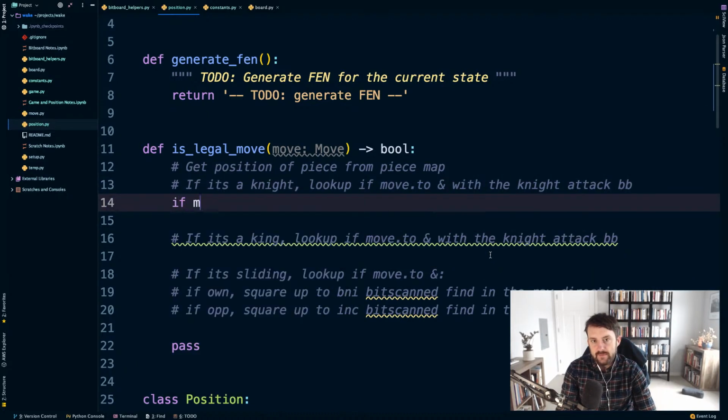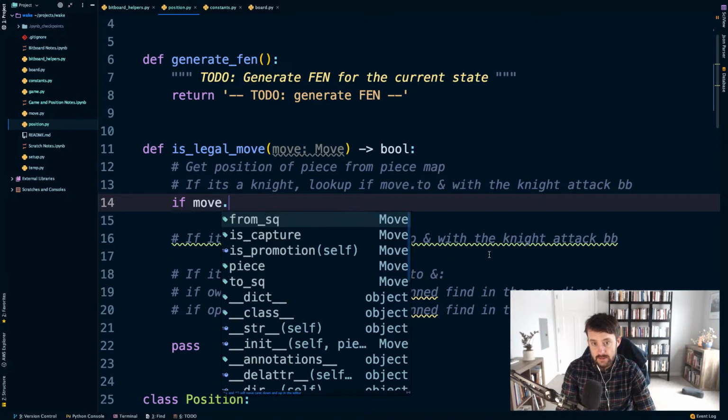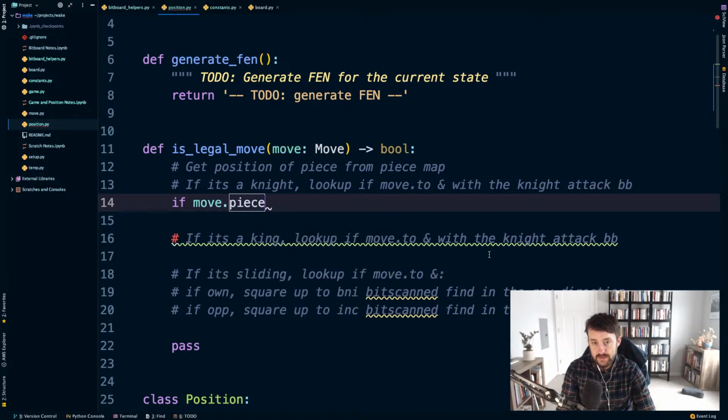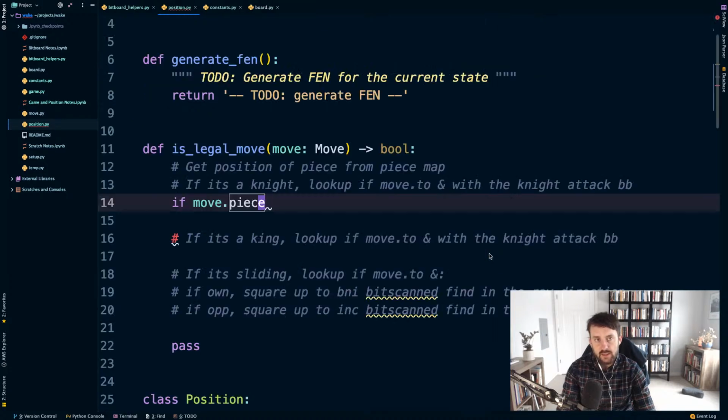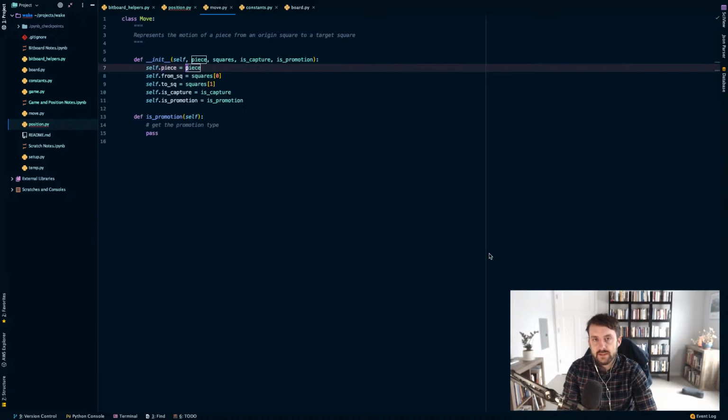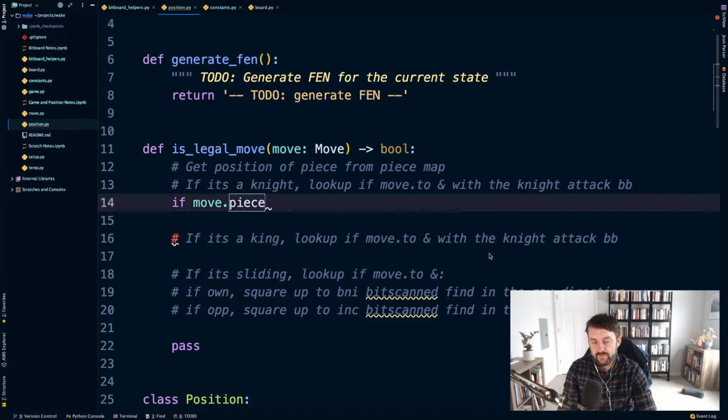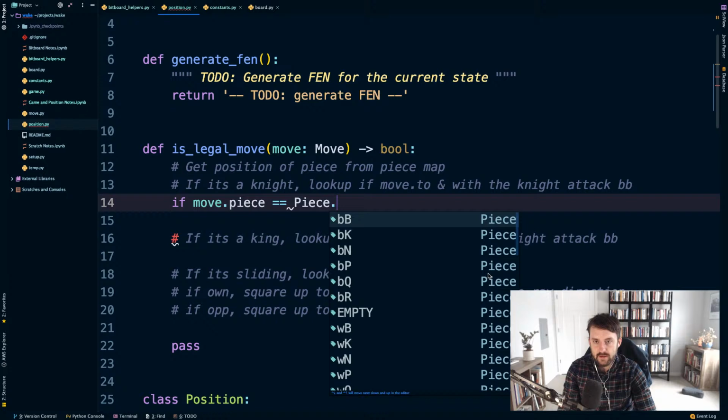Okay, so if move dot piece, and how am I going to find out explicitly what piece? It doesn't matter, it's just the piece type. So what's the type of a piece here? I think if move piece is equal to piece.knight,